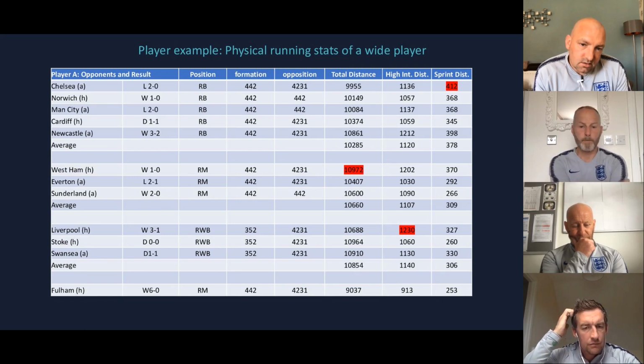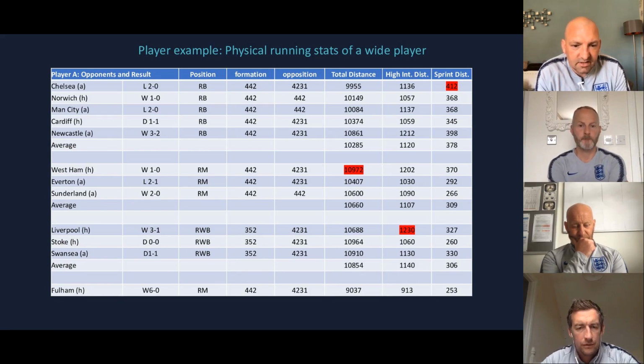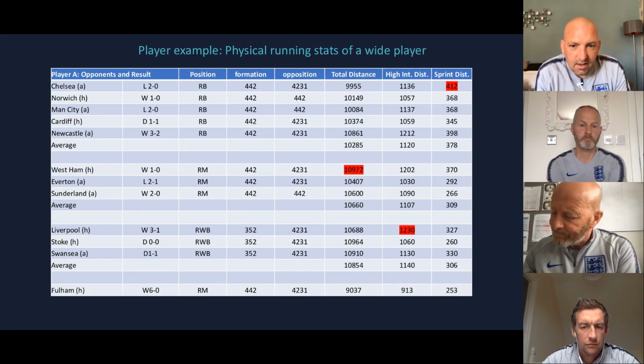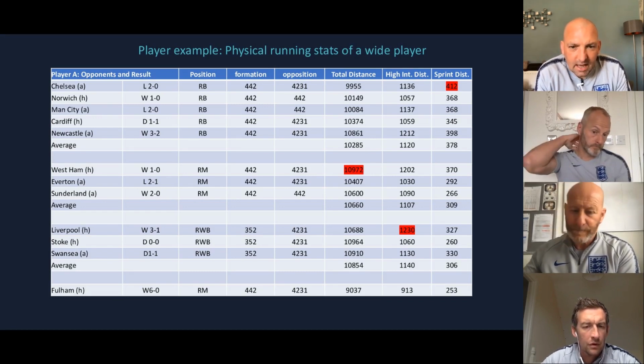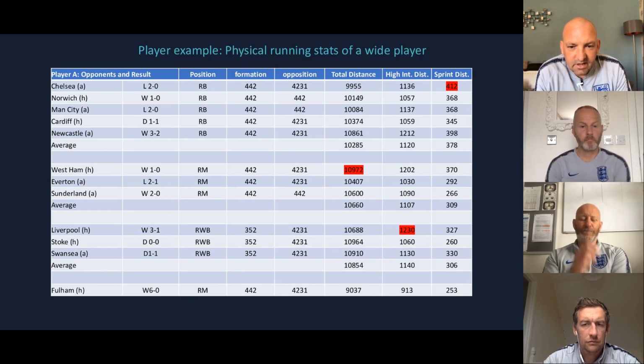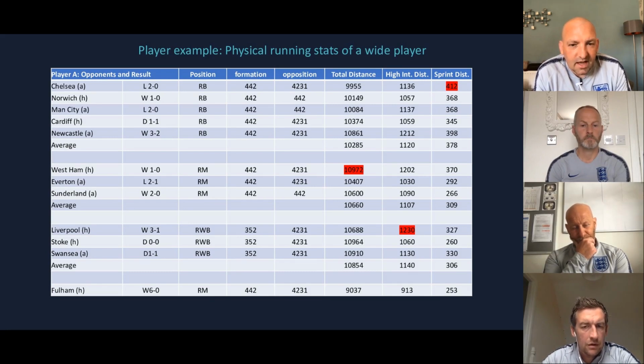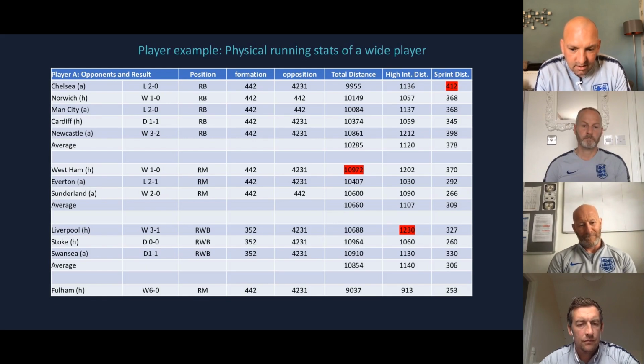It has implications if you're only preparing for the average or for the easiest games. And that's why, from a physical point of view, in the training sessions and the off-field sessions that you're doing with the players around their strength development, if you're training only in small areas, but then somebody's got to increase their sprint distance, then that can expose them to injury risk. But if you prepare them, if you've got the numbers where you know how you play and where that player plays, what the hardest parts of his game are, he needs to stay fit for the hardest parts of the game all the time, because you don't know when those hard bits are going to come. And that helps to protect them from injury, but